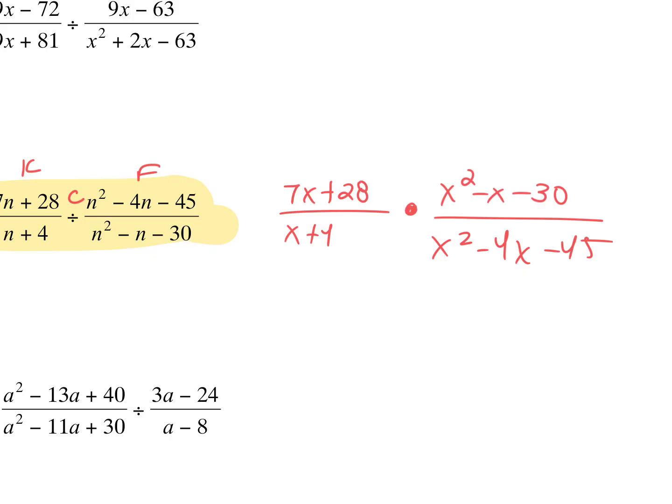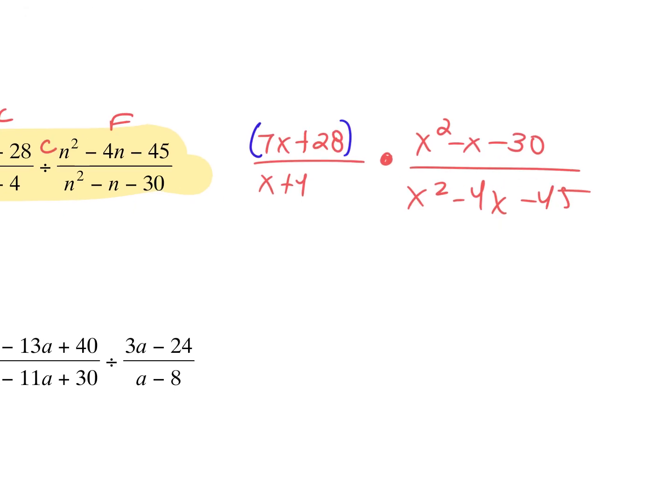We're going to factor each piece individually. I'm going to start up here in the top left. What can I take out of 7x plus 28? 7. If I take out a 7, what am I left with? X plus 4. Good. Now I'm going to go to the bottom left. Can I take anything out of x plus 4? No, so I'm just going to rewrite that as x plus 4